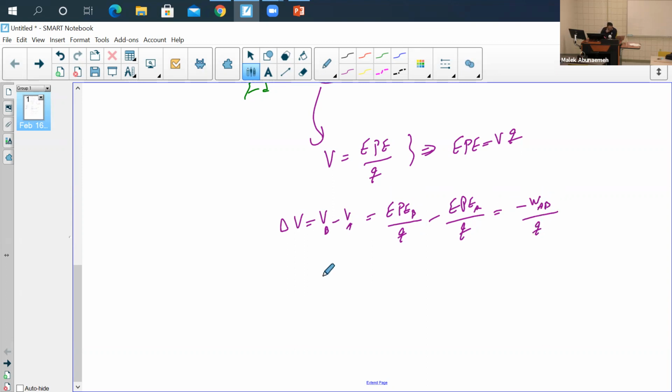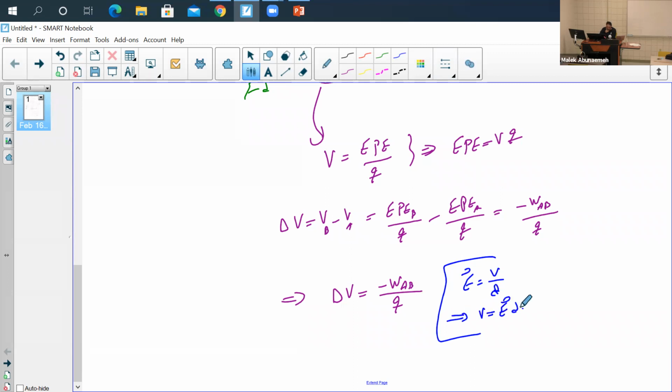over that charge. So your potential difference is going to equal minus your work from A to B divided by Q. Now, let me put this on a side note: the electric field is going to equal your voltage over your distance. That means also your voltage is your electric field multiplied by your distance. Now, taking this one,